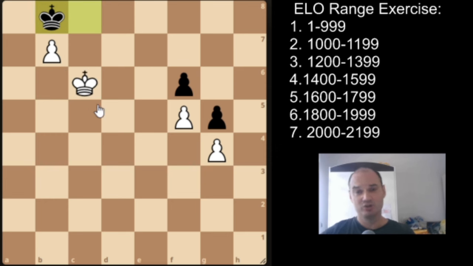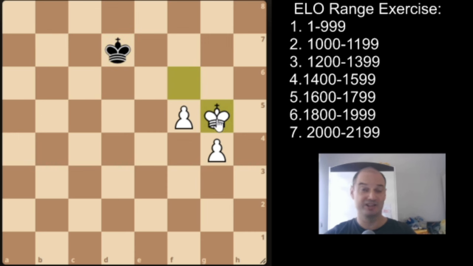but you leave this pawn as a bait, and you go after these chickens, as Silman calls them, and your opponent picks up this pawn, and you pick up this pawn and easily win this endgame, hopefully. So that is from 1200 to